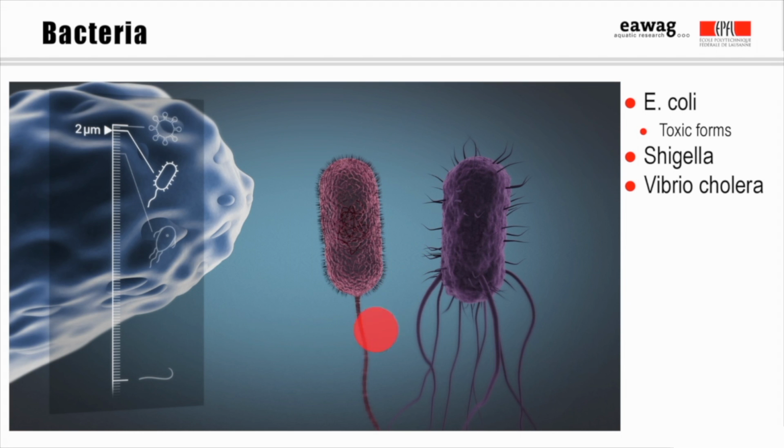Vibrio cholera causes the terrifying disease cholera. It can spread very rapidly under the right conditions and can cause severe diarrhea and death within hours if not treated. Cholera thrives in conditions where there is crowding and poor sanitation and hygiene. Outbreaks can occur after natural disasters, in refugee camps, and in peri-urban slums. There are an estimated 3 to 5 million cholera cases and 100,000 to 120,000 deaths due to cholera every year.